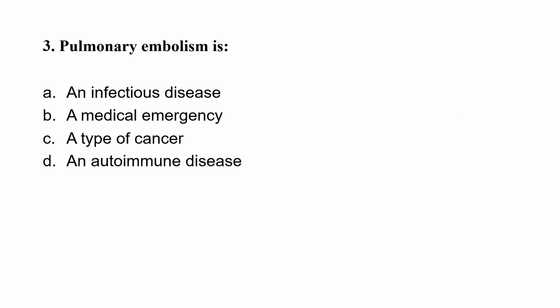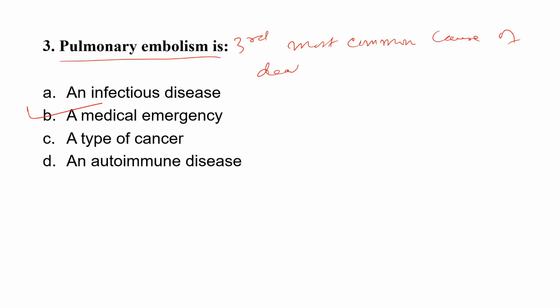Question number 3. Pulmonary embolism is option A an infectious disease, option B medical emergency, option C type of cancer, option D an autoimmune disease. Correct option here is option B, which is a medical emergency. Pulmonary embolism is the third most common cause of death after myocardial infarction and cerebrovascular accidents. And what happened in this pulmonary embolism? The thrombus or thrombi which